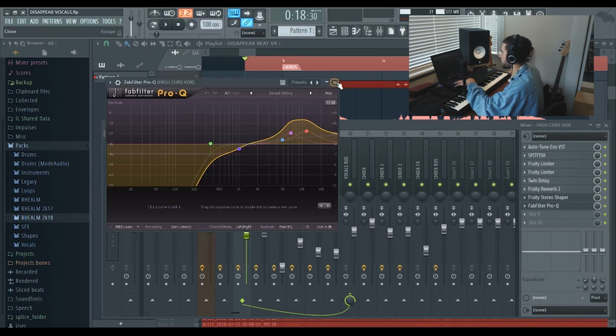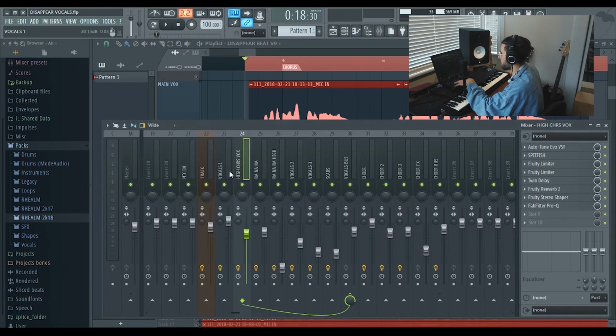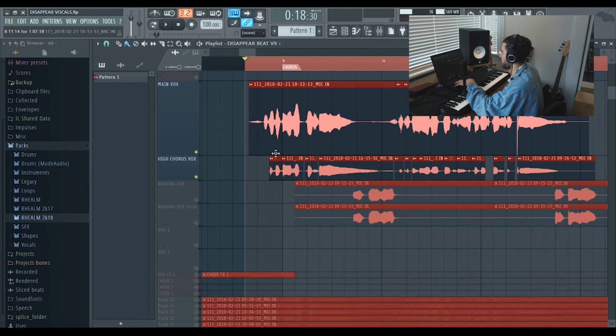I EQ'd it like this to get it nice and breathy. I wanted it nice and breathy, so lots of highs in there. And basically the same thing with this, except it's not split. That's my main vocal. Another important element in the chorus was these na na nas,